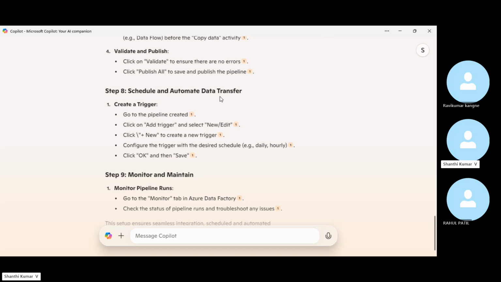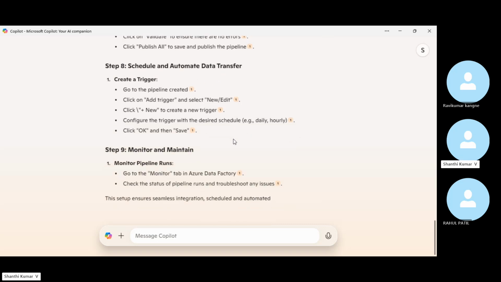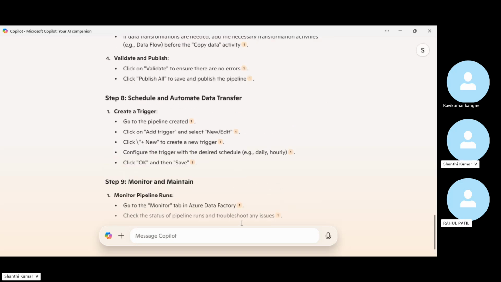Yes. Then schedule and automate data transfer. So you have scheduled it, right? At a particular time or something, in the scheduler. Then monitor and maintain. There is a dashboard, you showed it, right? Yes. Now, what I'm going to do is